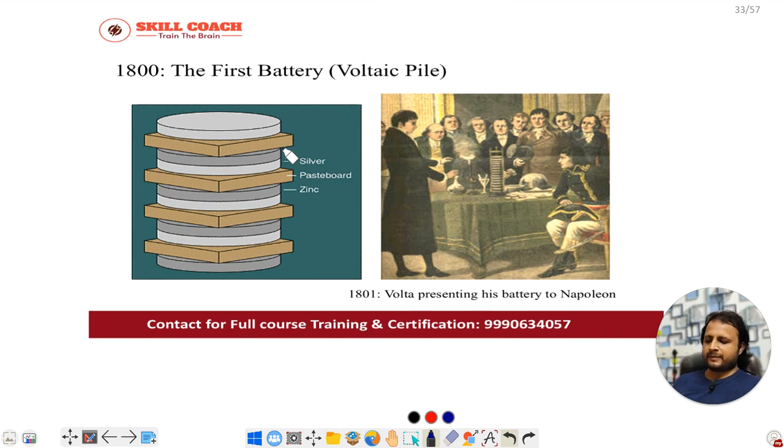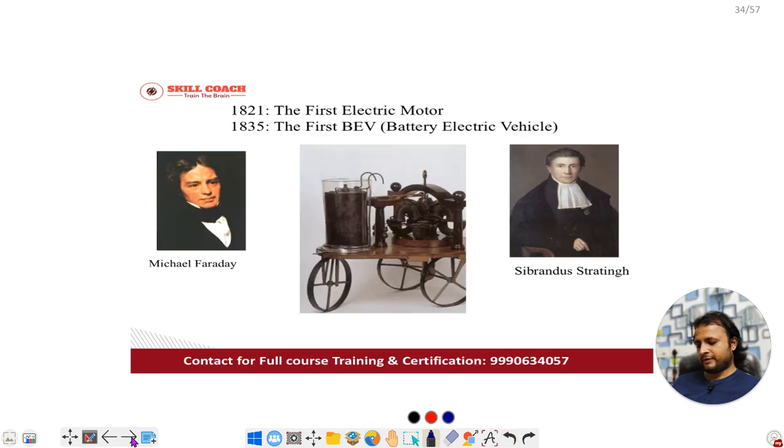The first battery was made like this: silver, this is the paste, and this one is the zinc. Volta presented his battery to Napoleon. Now you can understand it is somewhere around the 1800s, so just before 200